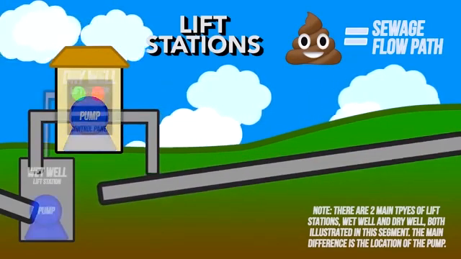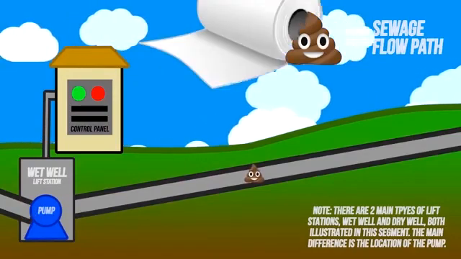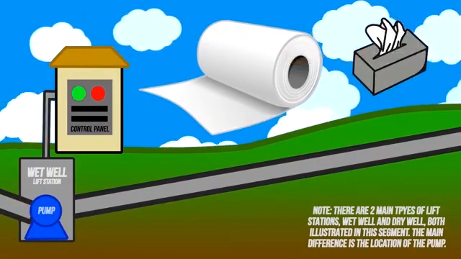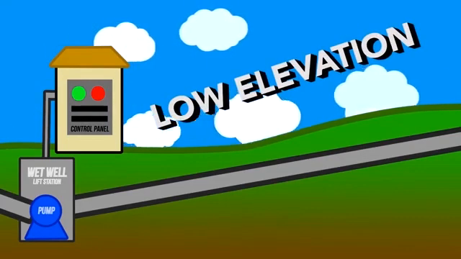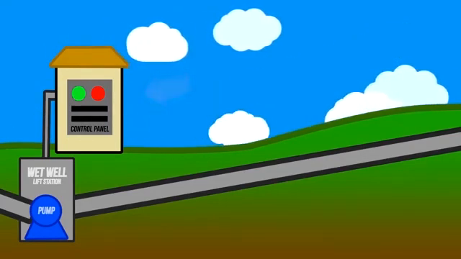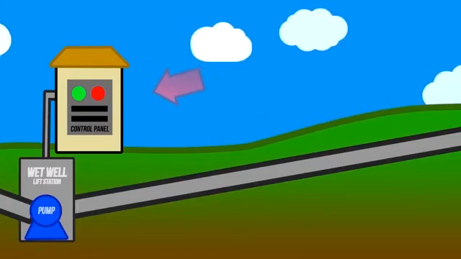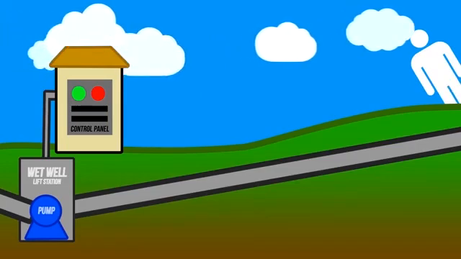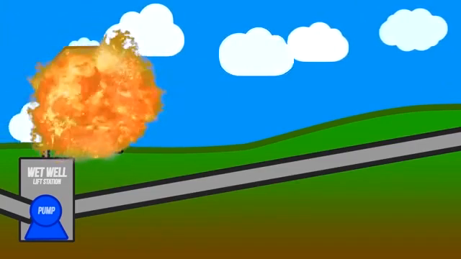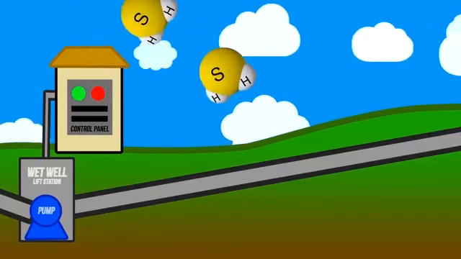These pumps are specifically designed to handle the high amount of solids seen in waste like toilet paper and flushable wipes. These pumping locations are usually in places of relatively low elevation due to their nature and will likely have a small building to house the equipment. They're also usually placed far away from human populations as they have a nasty habit of exploding, or at the very least producing dangerous levels of hydrogen sulfide due to the turbulent sewage.